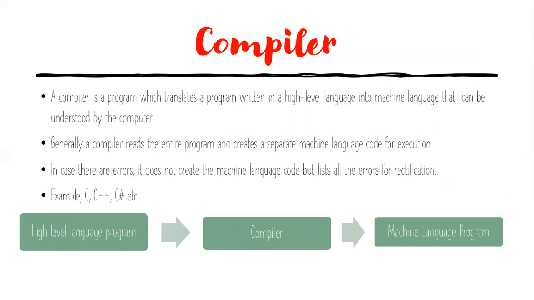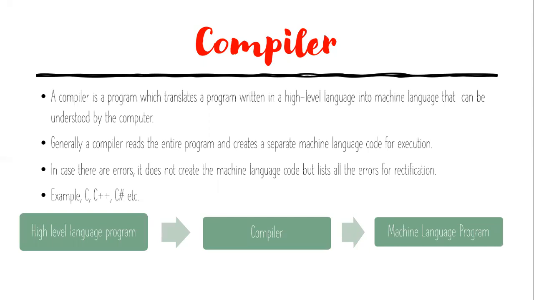Next one, compilers. What will these be doing? Compilers are programs which translate high level languages into the machine language. High level languages means what? Basically C, C++, Java, these all come under high level languages. So the compilers translate those high level languages into the machine language so that it can be understood by the computer and it can perform the specific task.